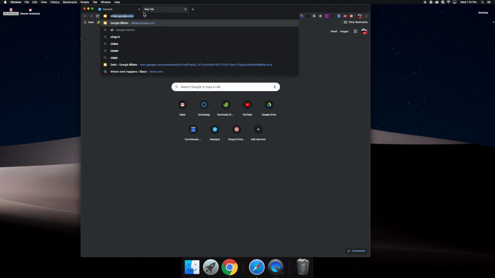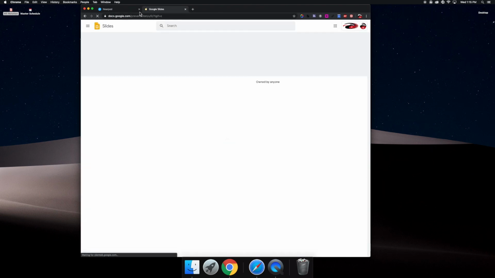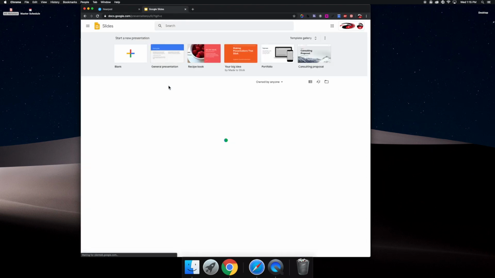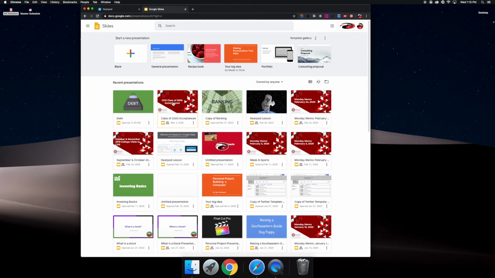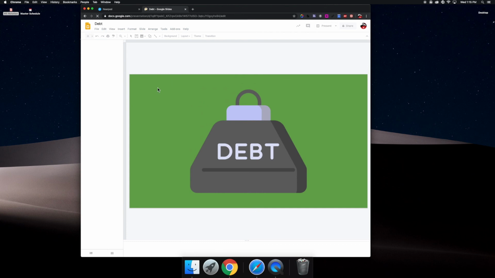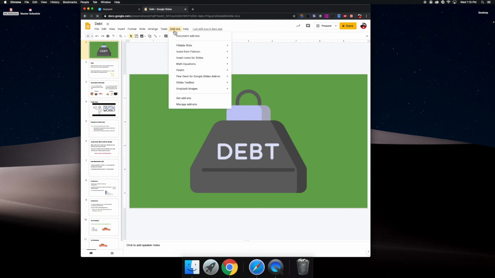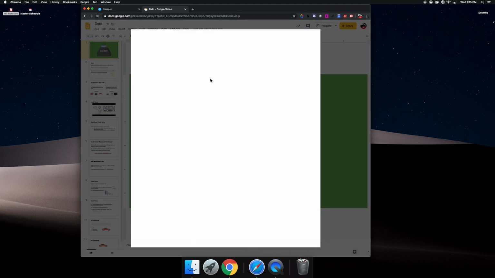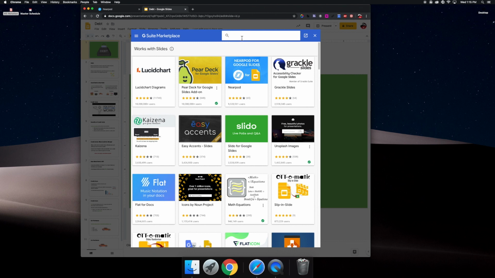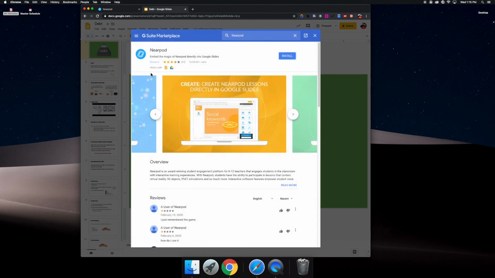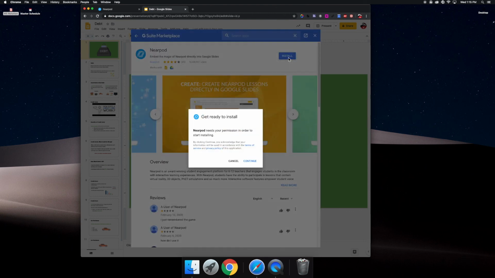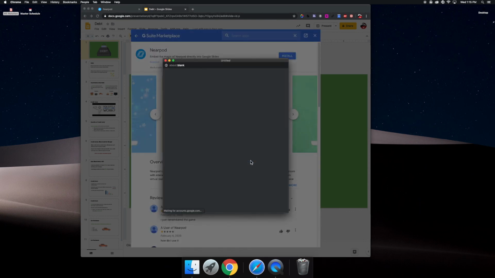If for some reason you have a Google Slides presentation that you want to import into here, you can do that with an add-on. So let's say I want to take this debt assignment that I've just traditionally taught in a classroom using Google Slides that I've created. I can go to the add-ons, and there's actually an add-on for Nearpod. If I want to add that, I go to the add-on section and install this add-on into Google Slides